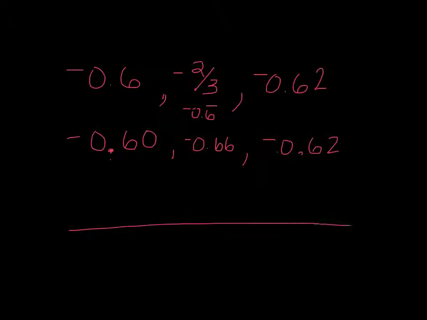So if once again I think about a number line, 0 might be somewhere over here, okay? I'm going to kind of break this number line up. Come over here, make this negative 0.60, negative 0.61, negative 0.62, negative 0.63, negative 0.64, negative 0.65,